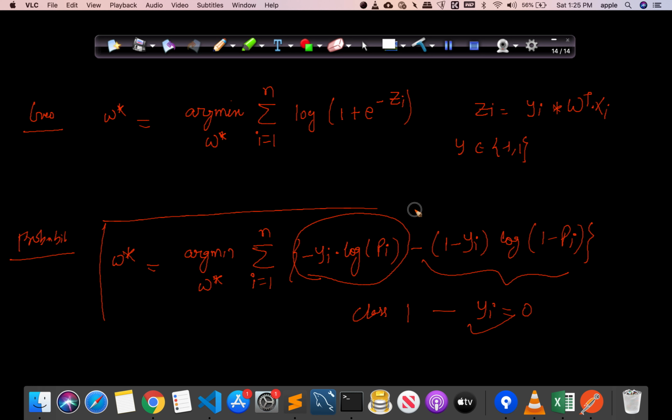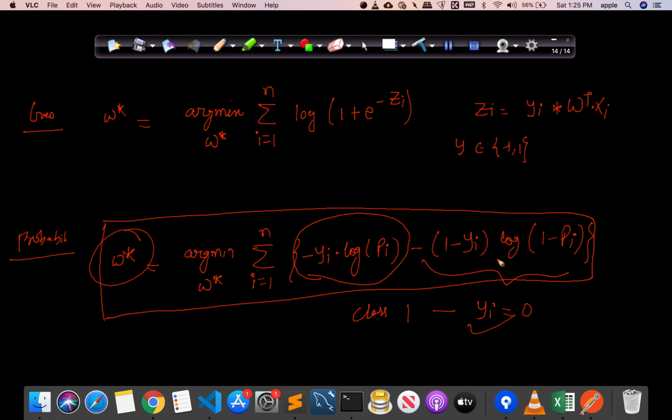All this is while training. While training, we will be calculating this whole equation, and for the minimum value of this particular equation, we will select that W. So that W will also be updated. We will see in our later videos how W is updated. For now, just assume that we are updating W based on the value that we get after solving this equation for each point, and we change the W accordingly. We have some methods that are called optimization methods. We will see them in our later videos.